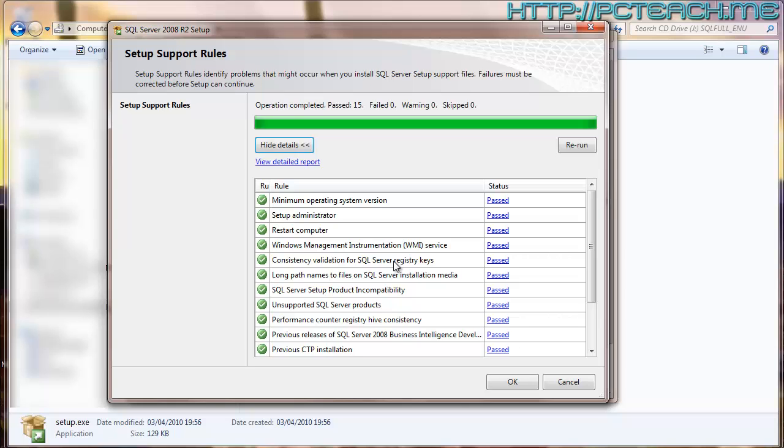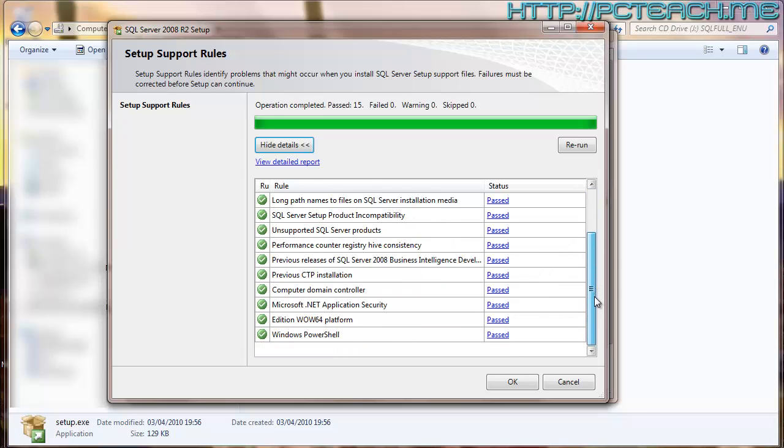What else we got? Well, we've got the SQL Server setup product incompatibility. Well, that passed. Sounds a bit weird, but it's just this product making sure, is it compatible. Unsupported SQL Server products. Is there any other databases which are actually on here? If there was a problem, it would have given you a warning. Performance counter, registry hive, consistency, fine. Everything should be fine on here because it's a brand new install of Windows 7. So we've got everything down here, and the most elusive option, Windows PowerShell, which I will probably get onto